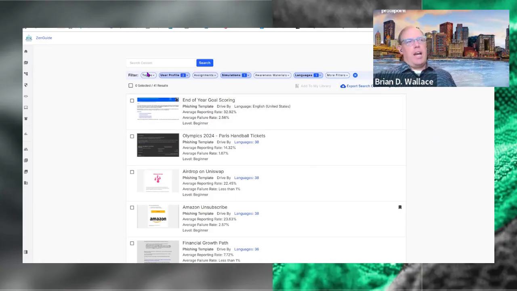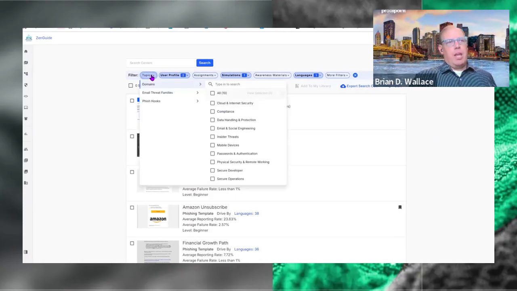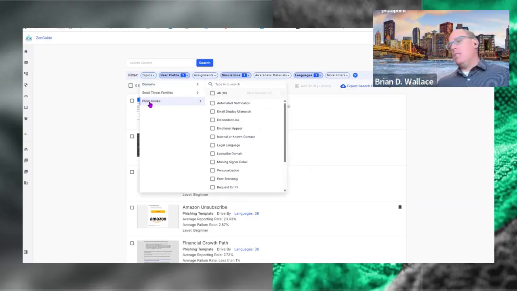The final thing to look at is under topics here, and that is looking at phish hooks, right? And as I already described, this comes from our friends at NIST. So they have determined and identified 16 different phish hooks. So as you're looking at the different intelligence tools that you have, whether they're Proofpoint or another product, you can look at what is attacking you, right? And you can explore these attacks and for yourself identify what type of hooks each one of these templates is